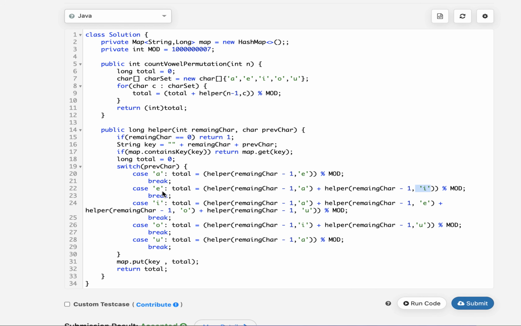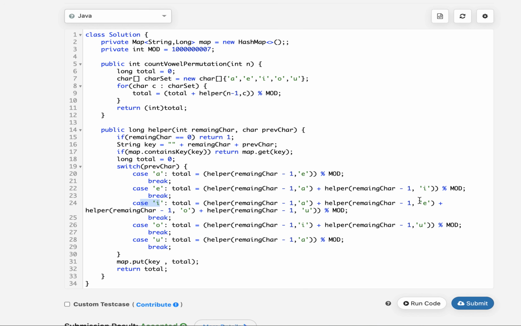In case my previous character was E, then as per the rule, the next character should be either A or I, and therefore I will add the two possibilities: helper remaining minus 1 comma A plus helper remaining minus 1 comma I.